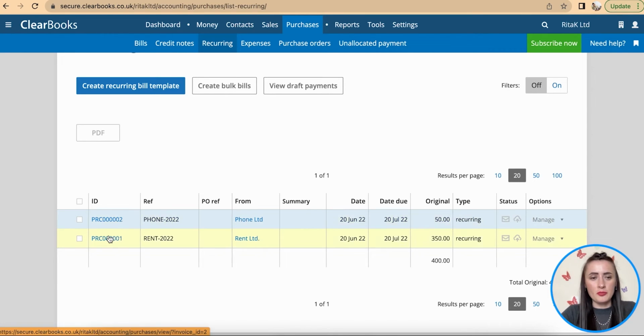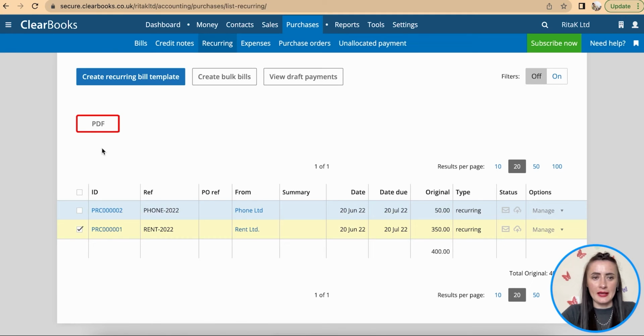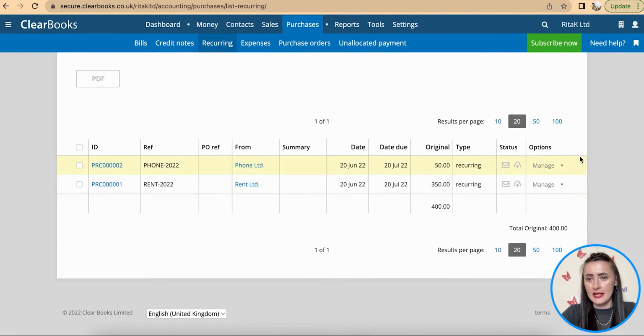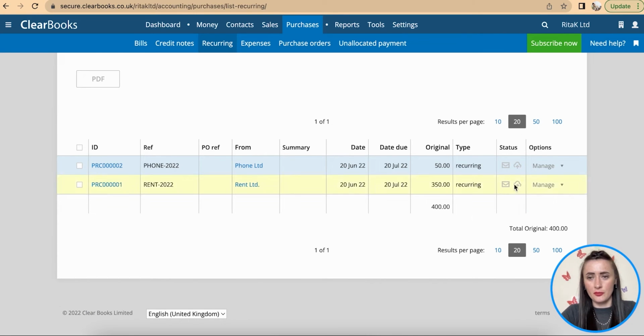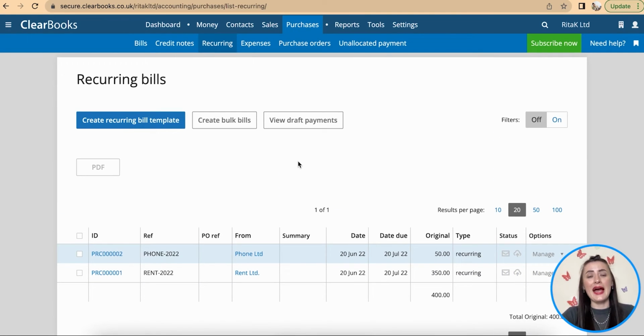So I have a couple options. If I select, I can download this PDF, and if I go to right hand side, I have options to manage, so I can edit, I can get an online link, or I can print or download if I wish to. If it's been created or distributed, these gray ones will turn to a color, and it's showing that it is recurring. So this is a way how we can create or set up recurring bills on